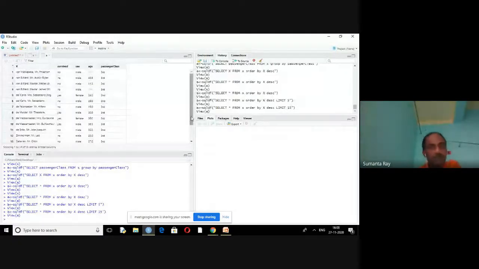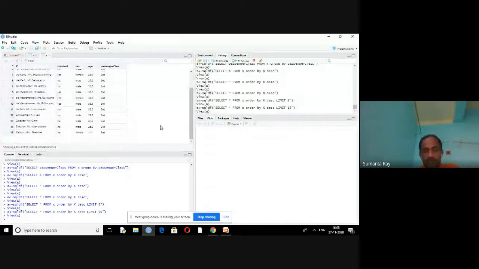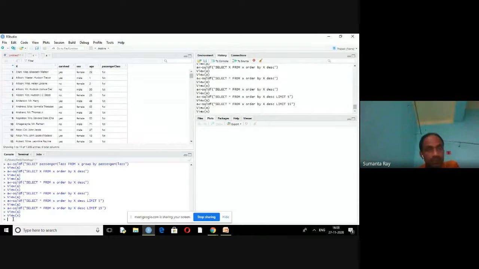Here, in this way, you can write the query, but the SQLDF package is required. Otherwise, it is not possible. Clear? So you can change a complete tuple. Suppose you just go to the actual table. Here, all the ages are this.